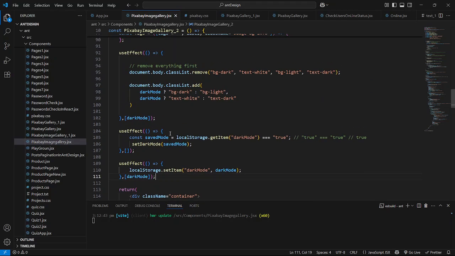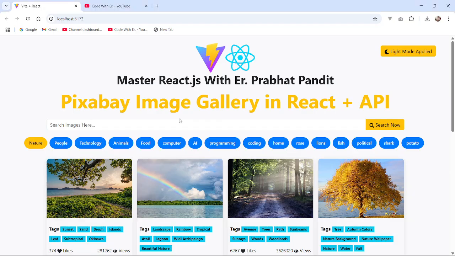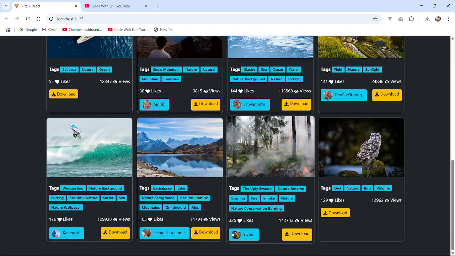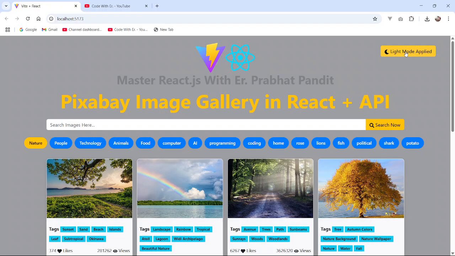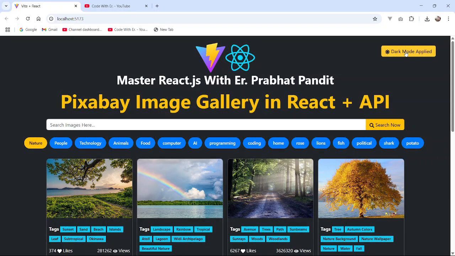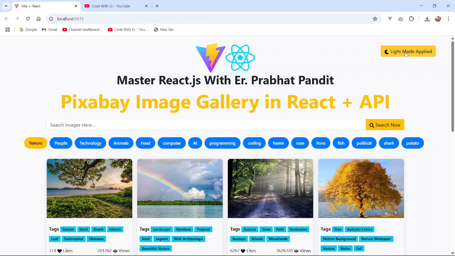So in this way we can apply dark mode and light mode very easily and efficiently in any React application. Okay, so let's apply the dark mode now. See, it's so smooth, so animated. You can see it's so smooth and so animated. I hope, guys,